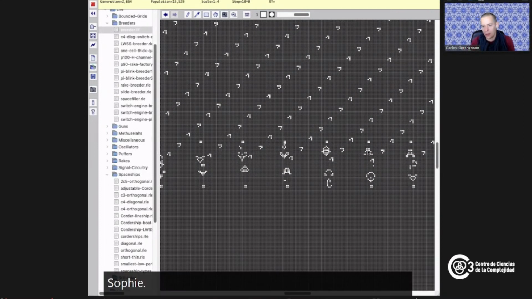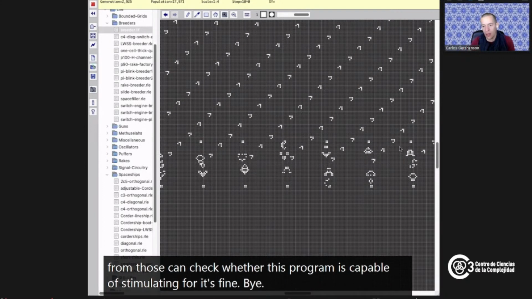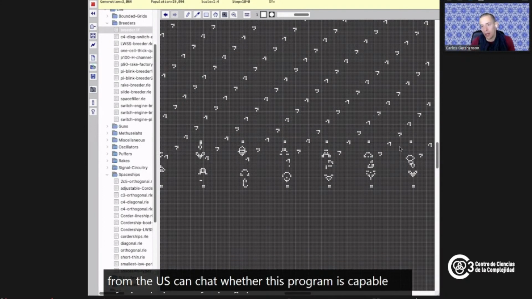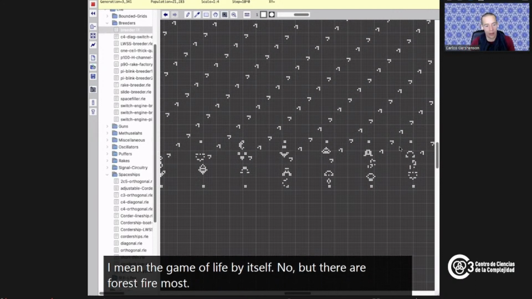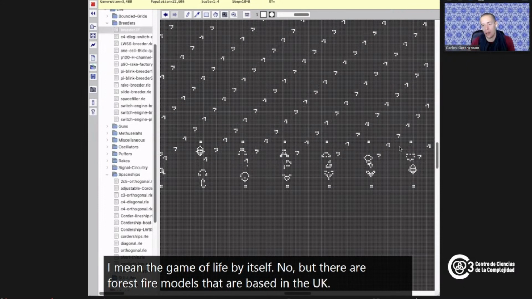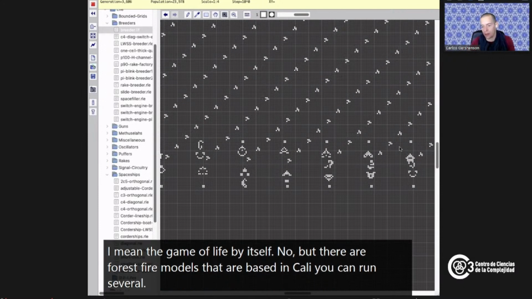So Fernando asked in the chat whether this program is kept here. I mean, the Game of Life by itself, no, but there are forest fire models that are based on cellular automata, and in Golly you can run several cellular automata. In NetLogo